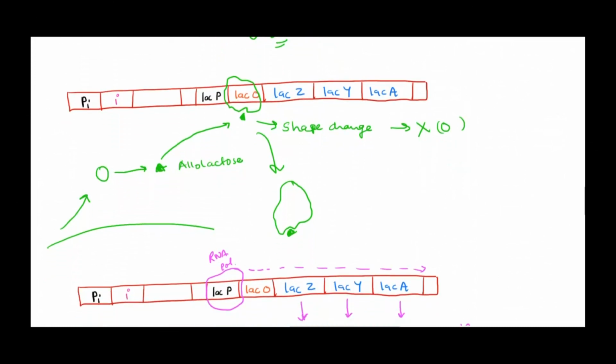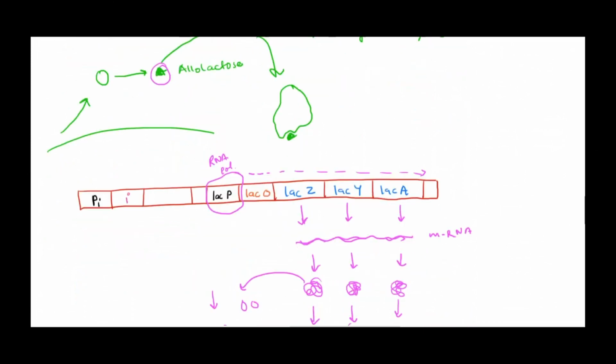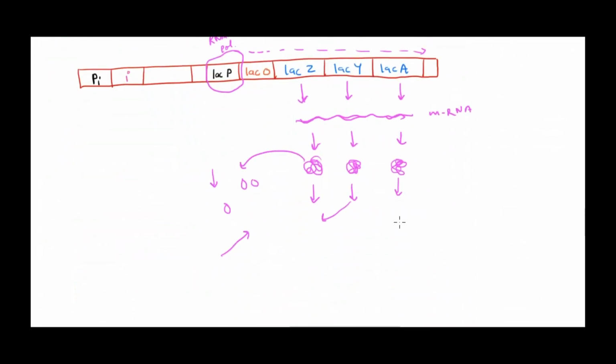In that case, the lactose molecule will be allowed to pass into the cell by permease, and it will be converted into allolactose by beta-galactosidase. This allolactose is the inducer, which can go and bind to the repressor, resulting in a conformational change. The shape of the repressor changes in a way that it will fall off from the operator. Now the operator site is open, polymerase can simply transcribe all the genes, enzymes will be made, and